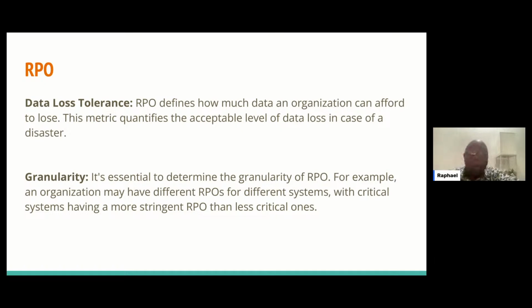MTN went off for a whole 6 hours. A lot of us in this space work remotely from home. Just imagine if I was in the middle of a very, very critical migration and NEPA takes light for 6 hours, and MTN also goes off for 6 hours. What happens? So now you need to be able to state how much data you are willing to lose in case something like this happens. You need to know it to a very, very granular level, because different organizations will have different amounts of data that they are willing to lose.